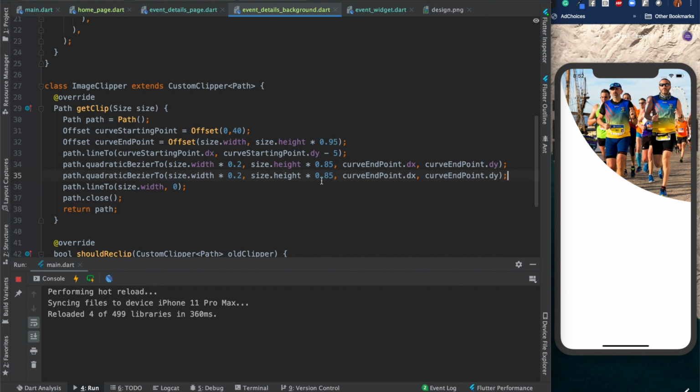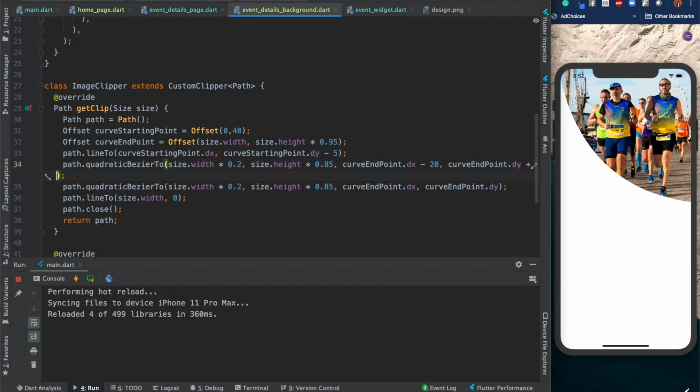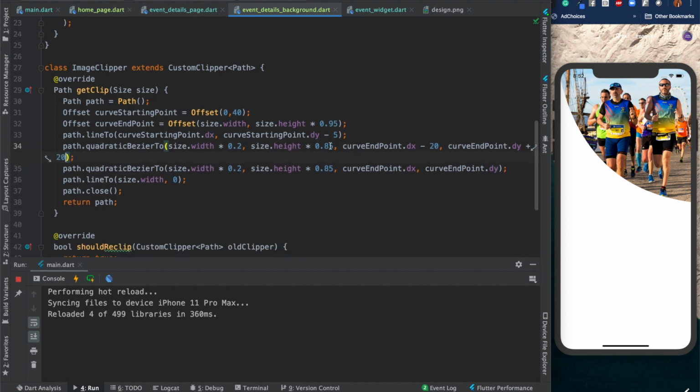So let's add one more, and my endpoint now will not be this, but it will be something plus 20 plus 20, and second Bezier curve. So suppose my endpoint is not this, it is somewhere minus 20 here and plus 20,